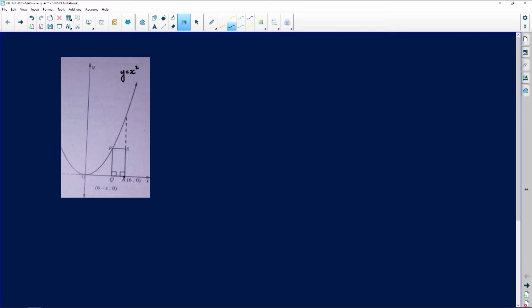But then look at how sneaky they've become. They said 6 minus x is the coordinate for Q. So that means if I go to 6 and then go x back, I'm at Q, which then means that this little part there is indeed x units long, this line QR. Okay, so the question then carries on, and it says that,